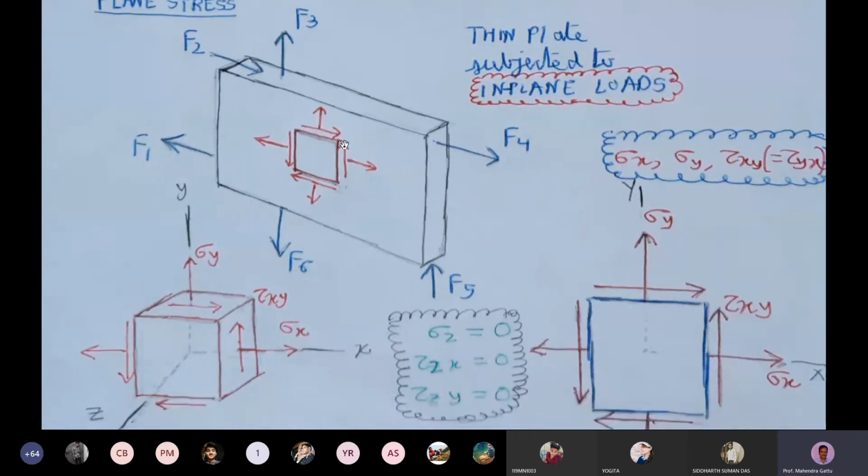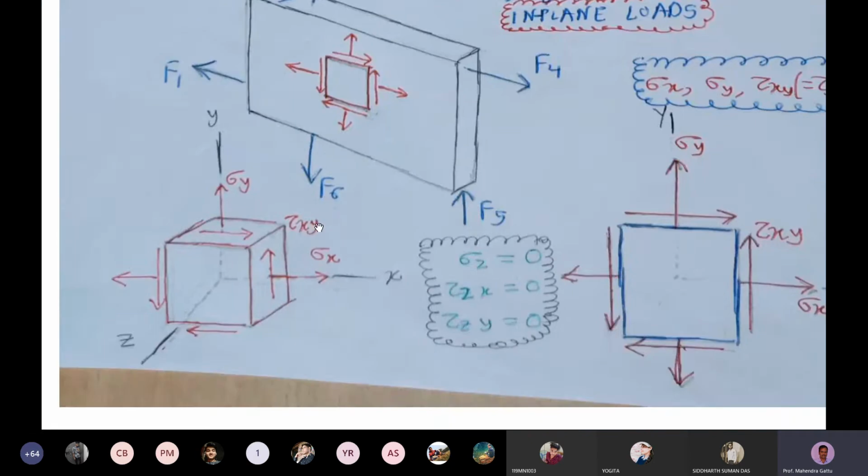So when this body is subjected to in-plane forces, we can look at the stress element in the interior part. You can choose any point in the interior and draw the stress element. There will be normal components and shear components. For this specific case, we have the normal components sigma x and sigma y, and the shear stress tau xy. To balance this tau xy, there should be an equal force acting in this direction. To balance this force, we will have a force in the opposite direction. And to balance this, we need a force in this opposite direction here. So this is the state of stress at this point on the plate.